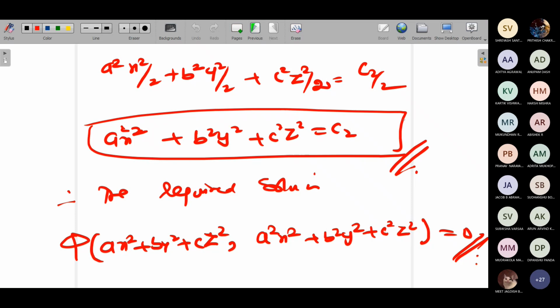So I hope now you have understood Lagrange's multiplier method as well as the method of grouping. So these are the two methods available: multipliers and the method of grouping. Okay. So I'll give you one more problem. We have almost done, but we'll see some combinations of constants and variables. I'll see if I can give one more problem on that.